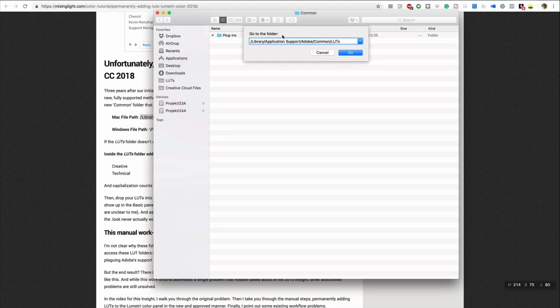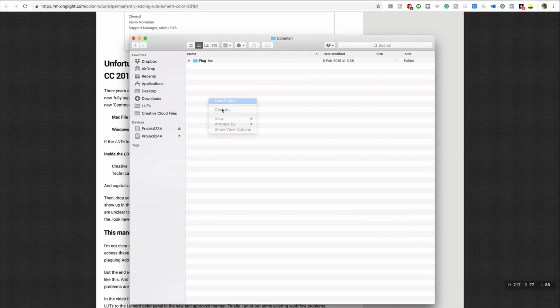And if you do this the first time, it will give you this warning: the folder can't be found. It doesn't exist, and that's because we have this ending. So I'm going to take that away and click here. So we end up in this common folder, and now I need to create that folder